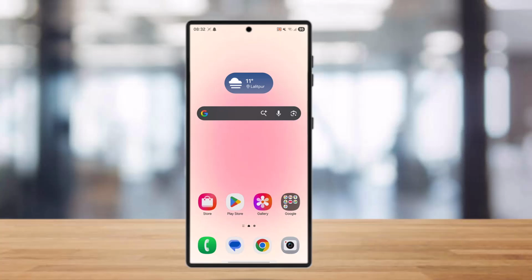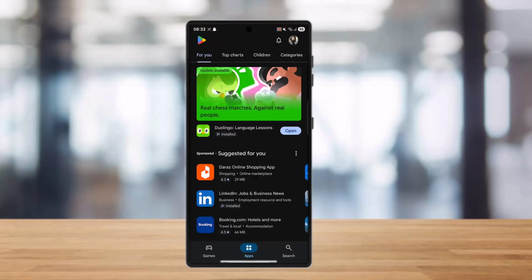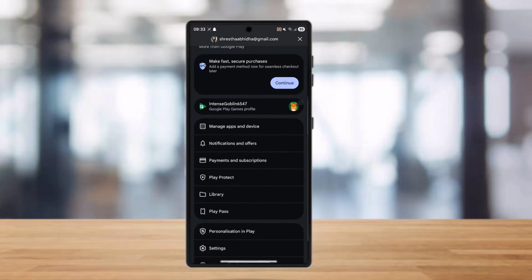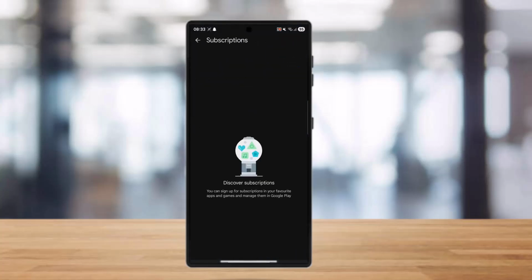So if you want to manage all your subscriptions on Amazon from one place, then all you can do is simply go to the Play Store or App Store from which you have purchased your Amazon subscription. So if you purchased your Amazon subscription through these applications, then you can simply cancel it from the same place. All you gotta do is simply tap on your profile, go to payments and subscriptions, and tap on subscriptions. Now here you can get all the accounts that have been subscribed. So all you gotta do is simply view, edit, or cancel services like Prime, Kindle, or apps through this particular